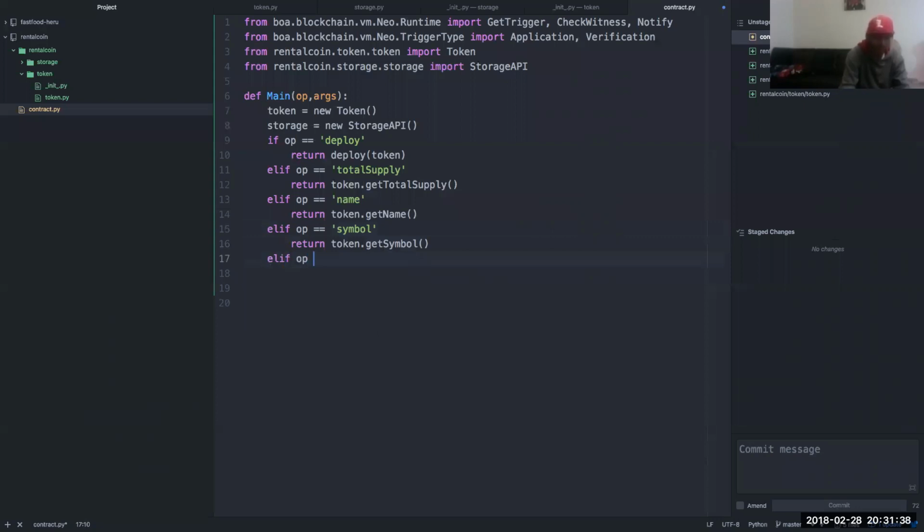If equals transfer, return token dot transfer args.